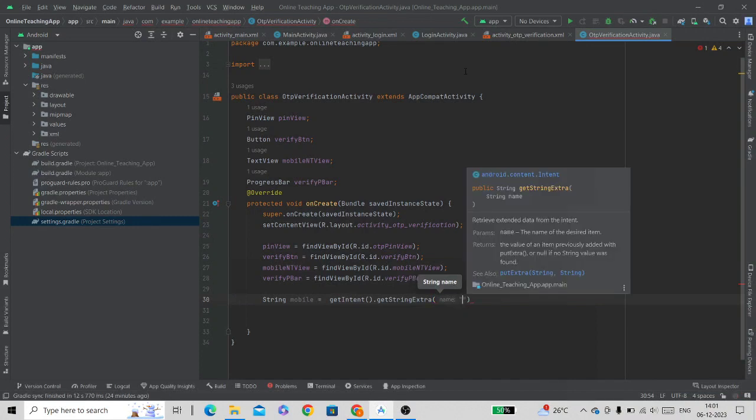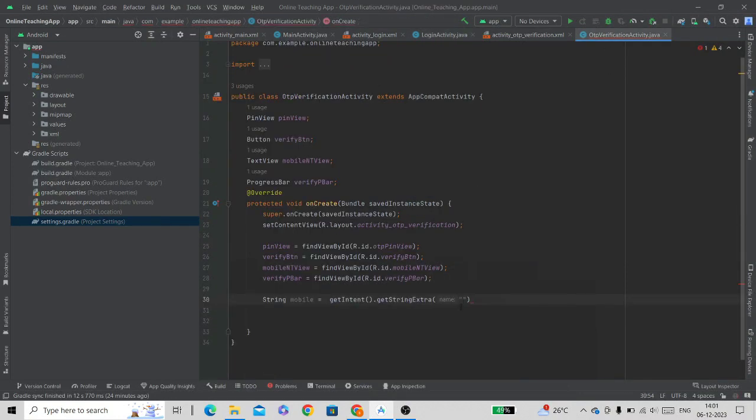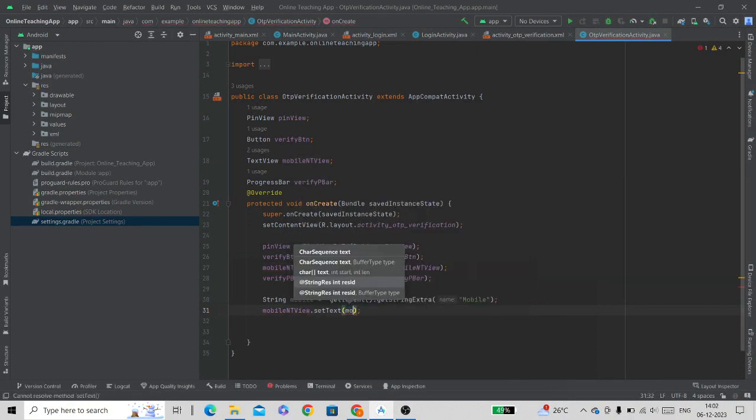Instead of typing the name, copying the name from here and then pasting it here is recommended, because if just one word gets changed, we will not get the value, and also it won't create any error. So that's why using the exact name is important. Now we'll set this text into our mobile number text view, mobile number text view dot setText, and pass this mobile string here.